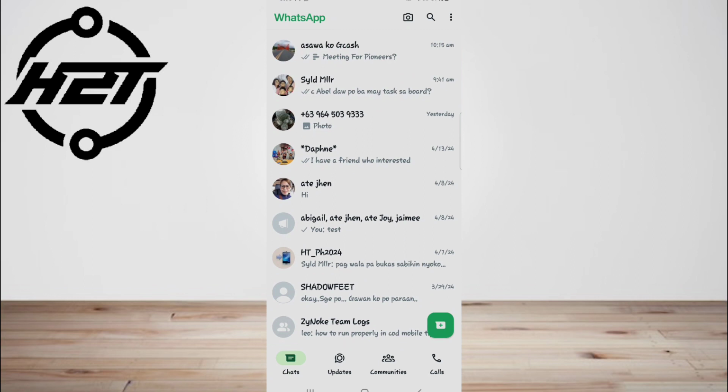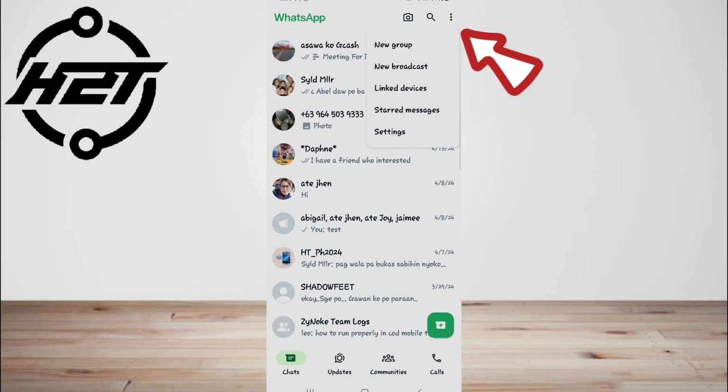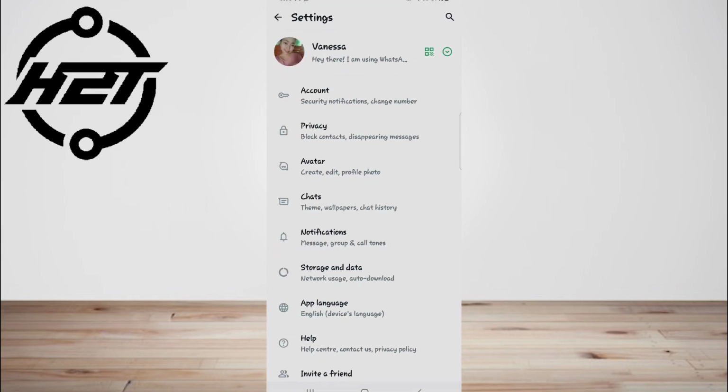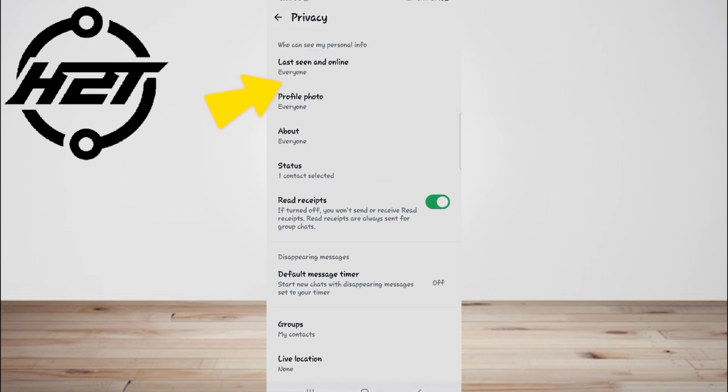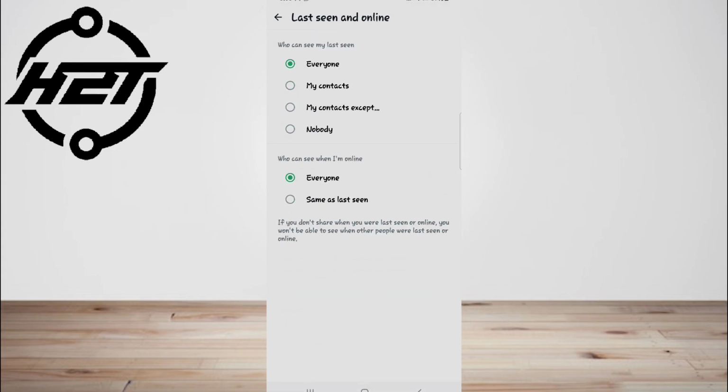First, open WhatsApp. Tap the three dots in the top right corner. From the main menu, tap Settings to go to WhatsApp Settings menu. Then tap Privacy. Now tap Last Seen and Online. Within the Privacy menu, you should see a Last Seen and Online sub-menu. Tap it